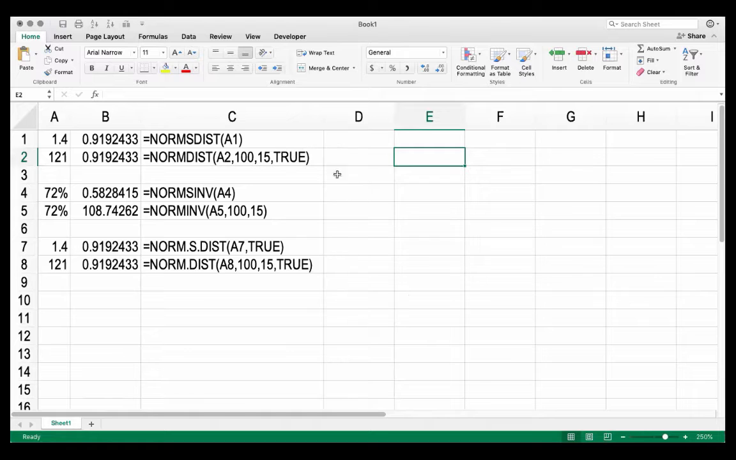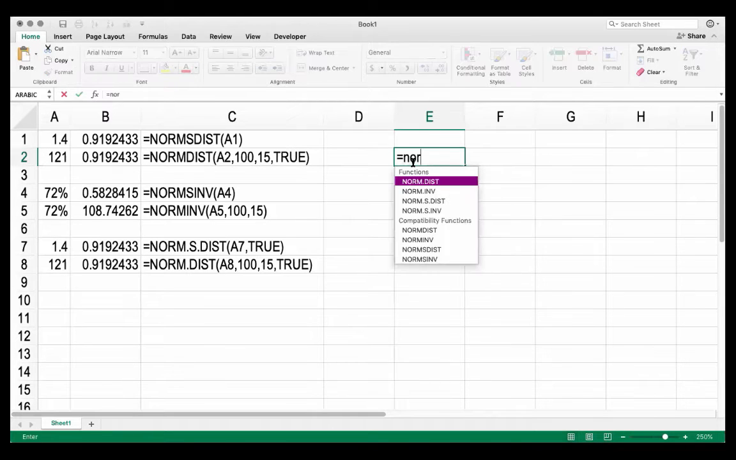So the first pair of rows has the traditional functions, NORMSDIST and NORMDIST. The second pair has the traditional NORMSINV and NORMINV functions. And what I have here in the second pair is the revised version of those functions, the NORM.S.DIST and the NORM.DIST function. So for example, if I were to begin by typing in NORM to get my functions, I see